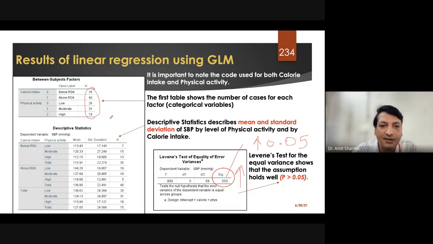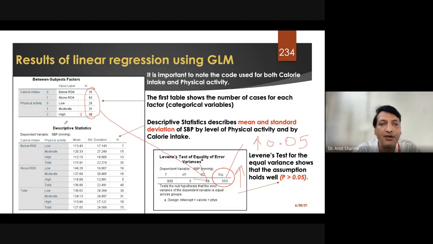Now, in which case will we get this p-value less than 0.05? For example, if one of the groups has a very low number, say instead of 18 I'm getting only 2, then we can say the data is not sufficient to compare because the number of patients under high physical activity is very small.